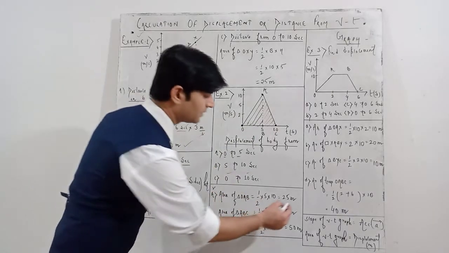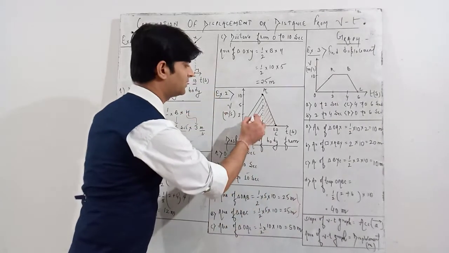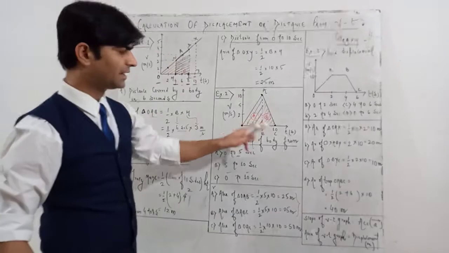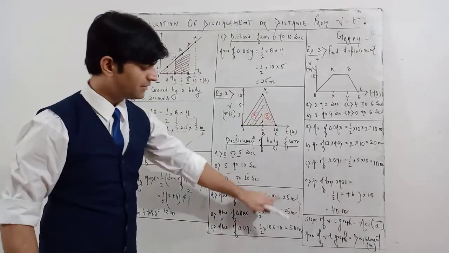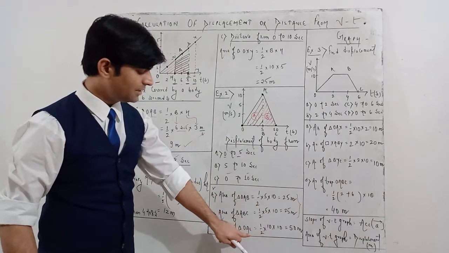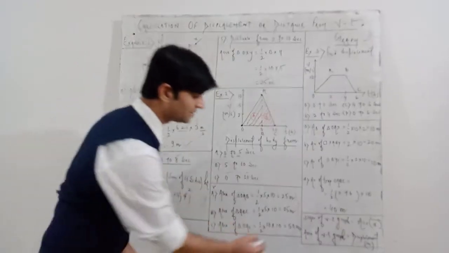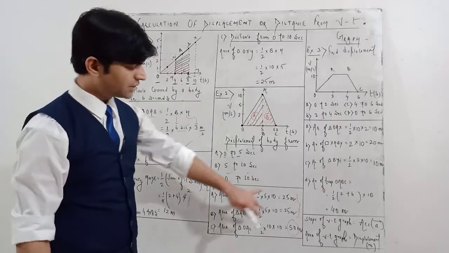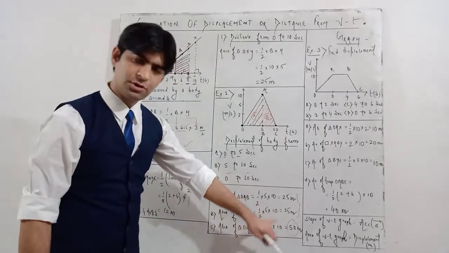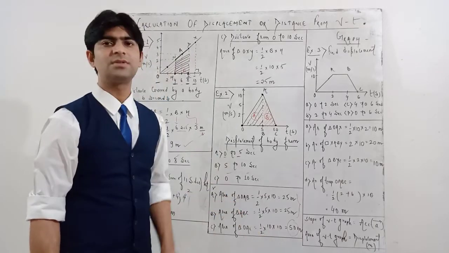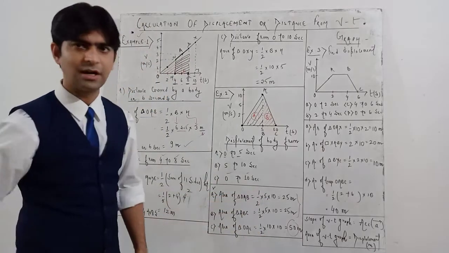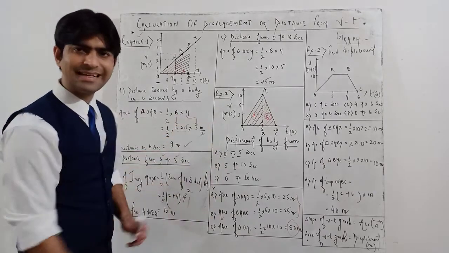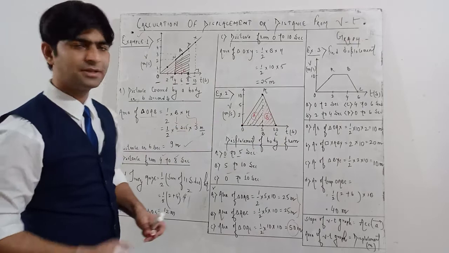Now if you see the sum of these two triangles, I am writing them as A and B. The sum of these two triangle areas is 25 plus 25, 50, and the area we calculated from the formula, half of base into height, is also 50 meters. Okay, so this is the second example. Let us see the third example.